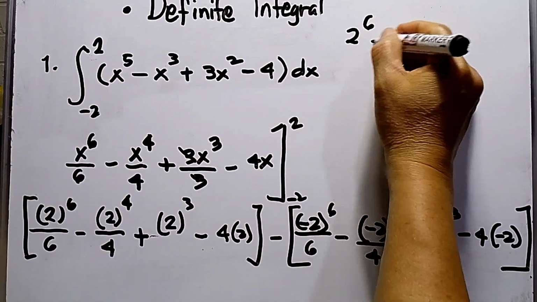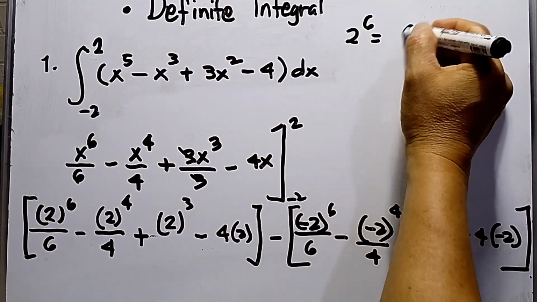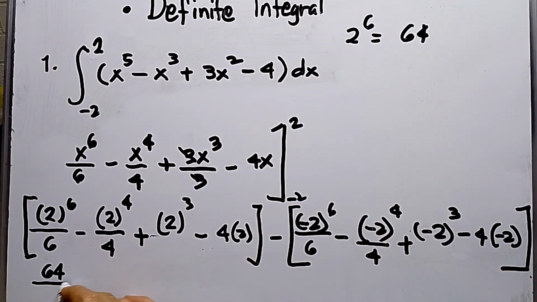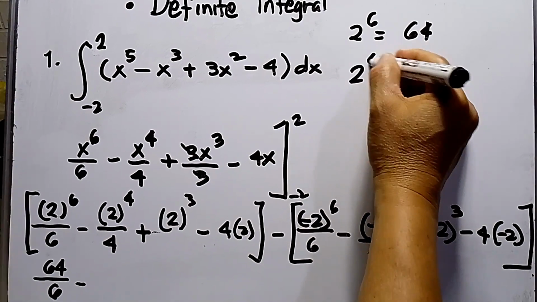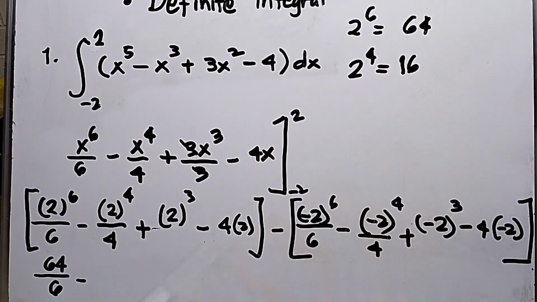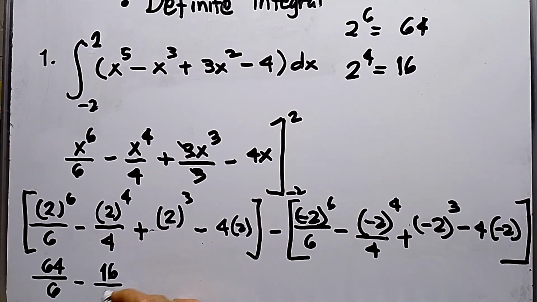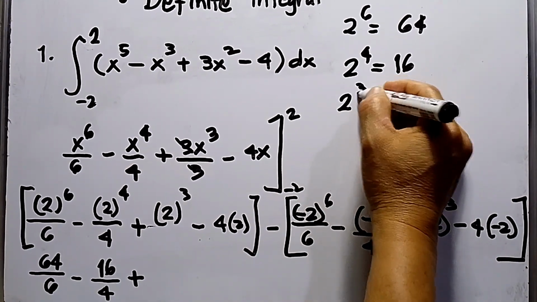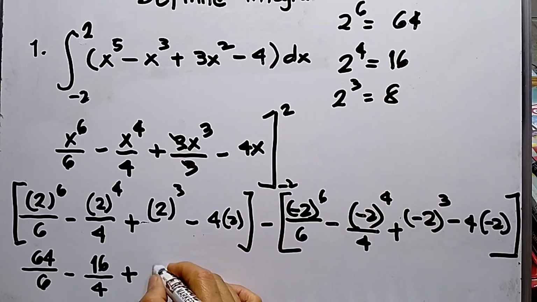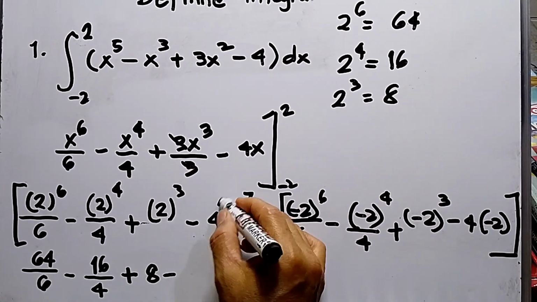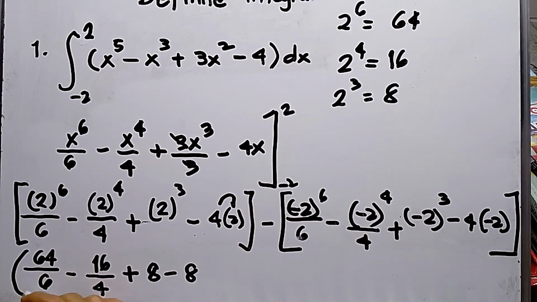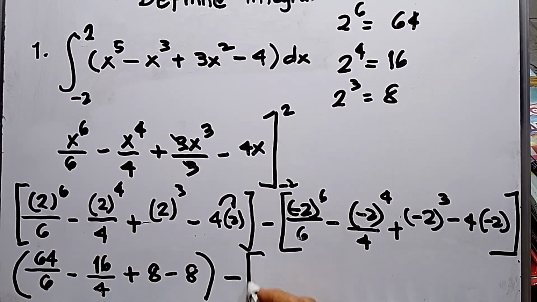What is 2 to the 6? 2 to the 6 is 64. So this will be 64 over 6 minus 2 to the 4th is 16, so this will be 16 over 4. Then plus 2 to the 3rd power is 8. So this will be 8 minus 4 times 2 is 8. Then minus,